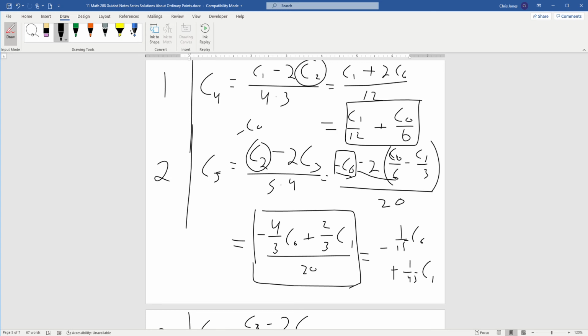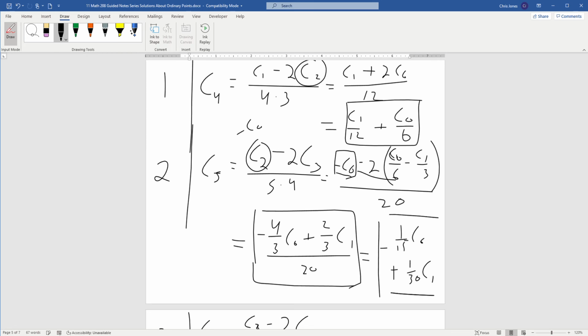All right, because this will turn into 2 over 60, so this should be 1/30. All right, so just to make sure. Okay, so now that we've cleaned that up,